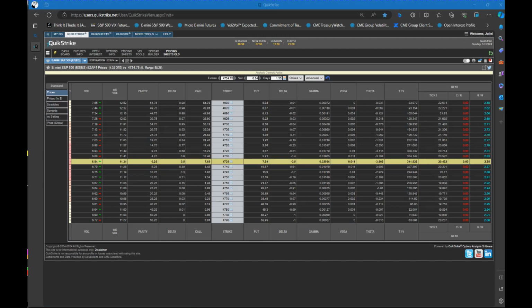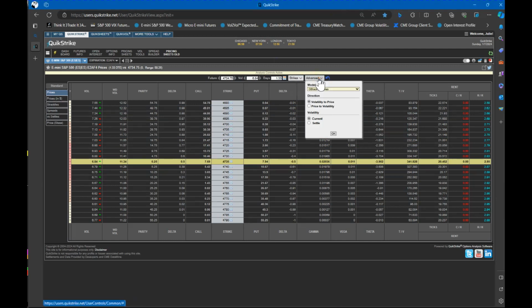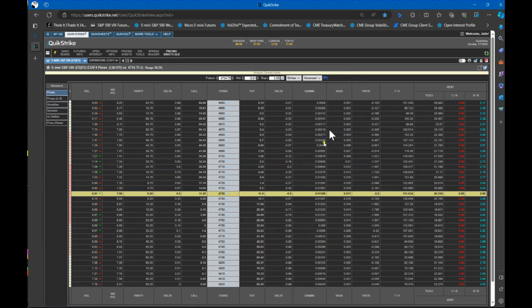So here is a Monday's Black Scholes bell curve on Quick Strike. And so you can come to Quick Strike and set these up. Here is the calcs on the settlement. And you can see your high gamma is at 47.35, which is the mean. So I like to mark the chart with that, as well as my at the money,